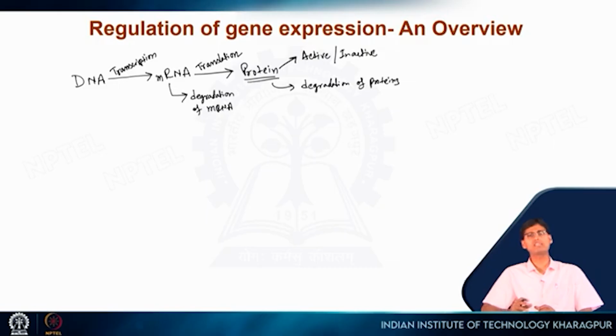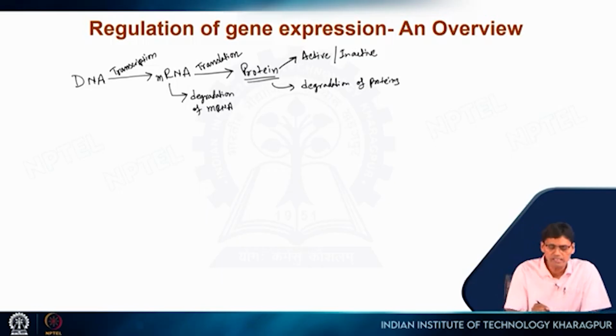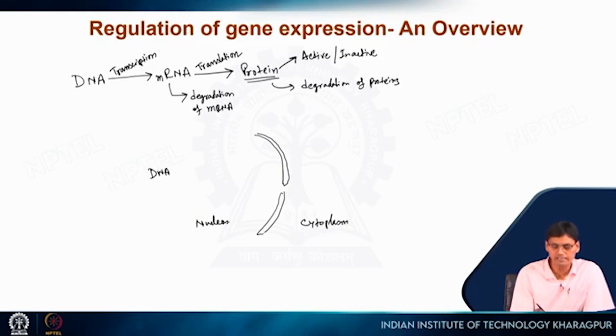But there are so many complexities present in eukaryotic systems, and a few of them I will highlight. Particularly in case of eukaryotes, we have a nuclear membrane. So, if this is the nuclear membrane, this is the nuclear pore, this is the cytoplasm and this is the nucleus. Now, we have DNA here inside the nucleus,